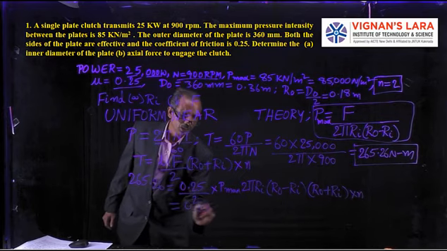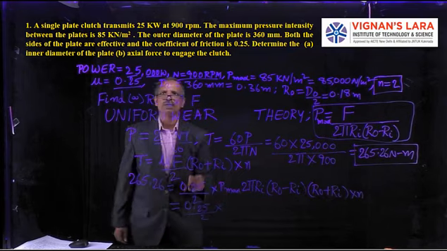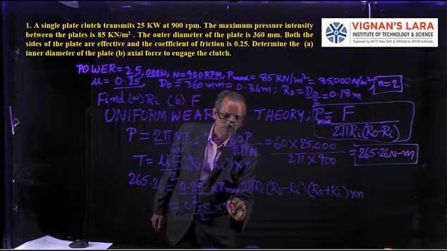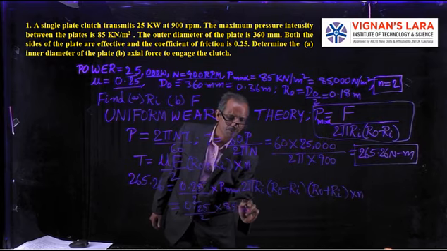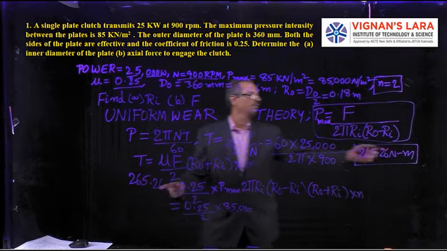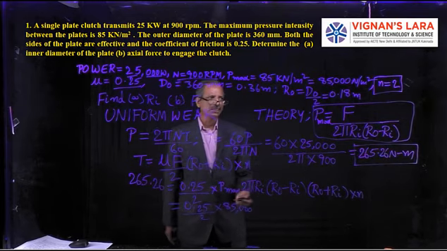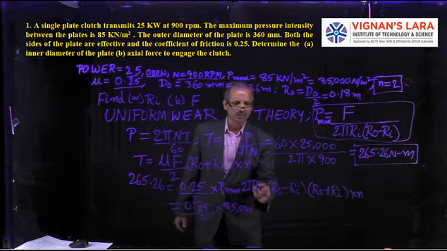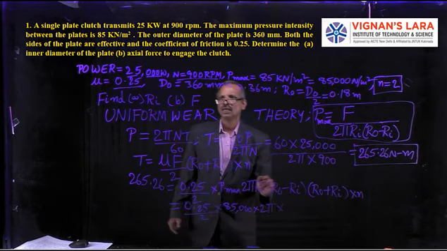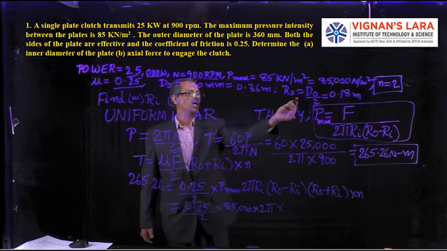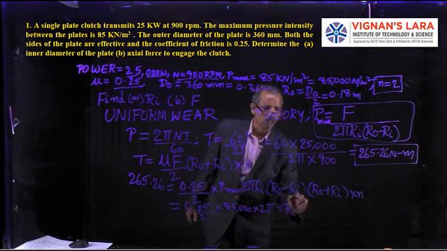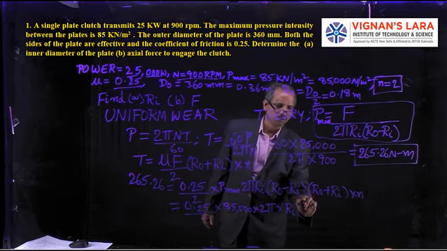The pressure maximum at the inner radius is given as 85,000 Newton per meter square. I am keeping everything in meters, because the left hand side I kept in Newton meter. That is why on the right hand side I am keeping it in Newton per meter square. So 2 pi, and we were given R naught, so I will substitute the value of R naught, that is 0.18